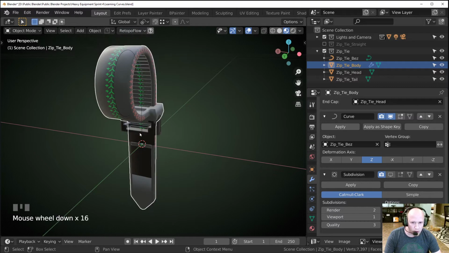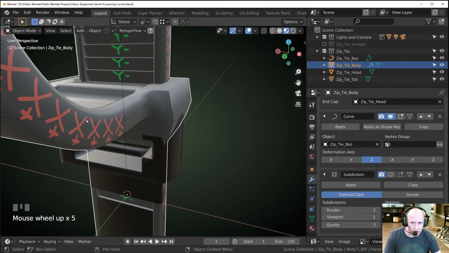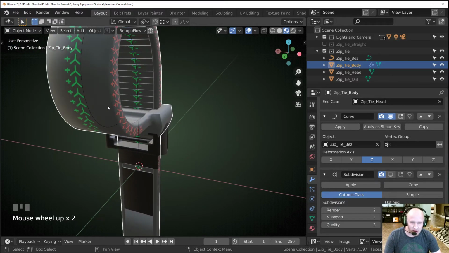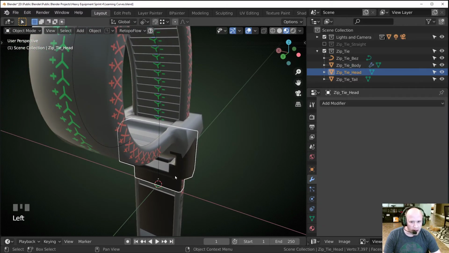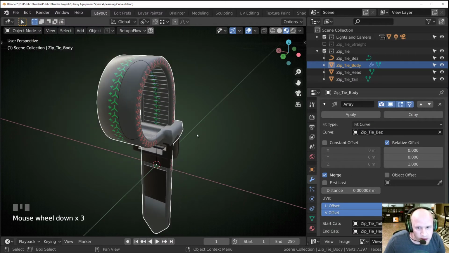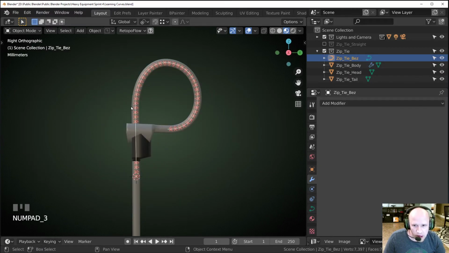And that's really important. I ended up subdividing my pieces twice, I think, beforehand, and then I don't think I had a very good transition where the head and the tail were, because one piece was more subdivided than the other. It's hard to tell until you get really close, but you don't need that for the pieces when they're not being used on anything else. You just do it to the main body piece. So hopefully that helps. But now I can just grab the curve and I can go in the side view